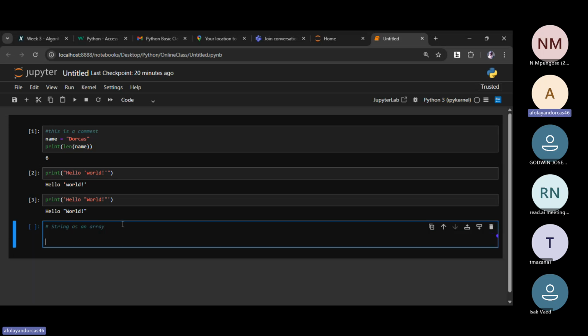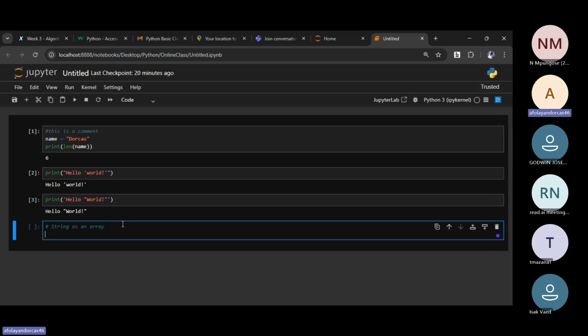So in this case, let me create a variable. Okay, sorry, we are still dealing with strings. Let me use color is equals to blue.